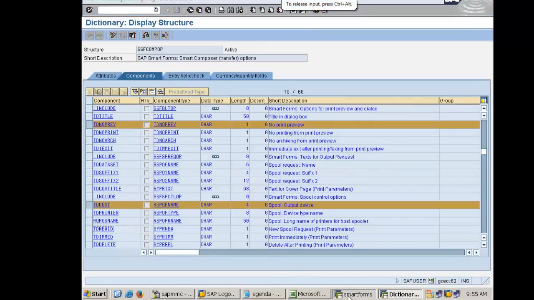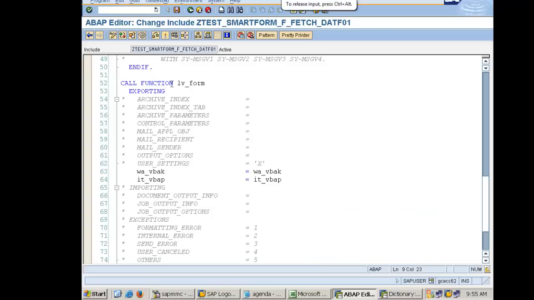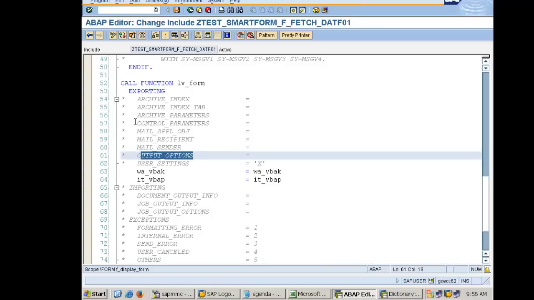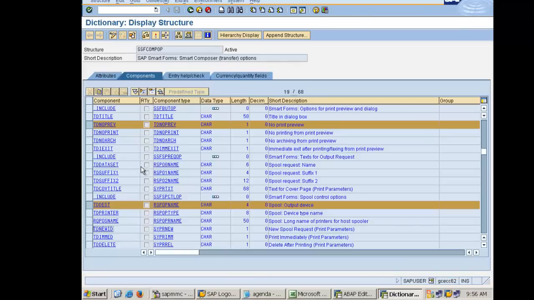So how are you going to achieve it? This is how your Smartform is called here. You can see the structure output_options. You can see the structure control_parameters. Basically we have to pass the values in those structures, and then